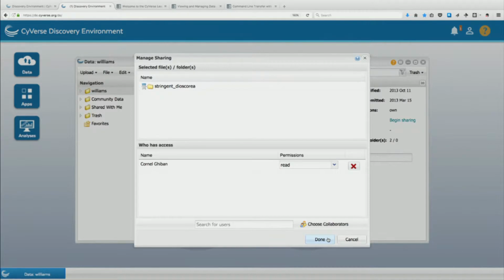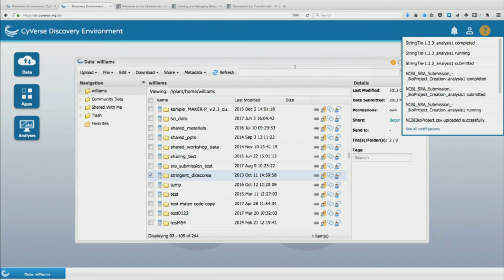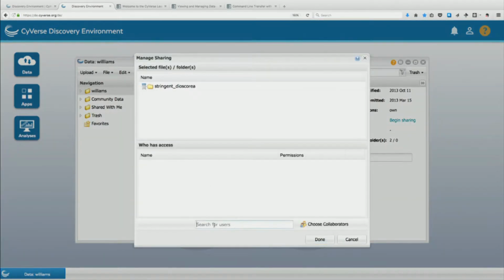Now I'm not going to do that here, but if you did click done, you'd get a notification that that file is being shared up in the notifications window that's up there. When you do go to share a file, and I'm going to open that window again, if something is shared with somebody already,